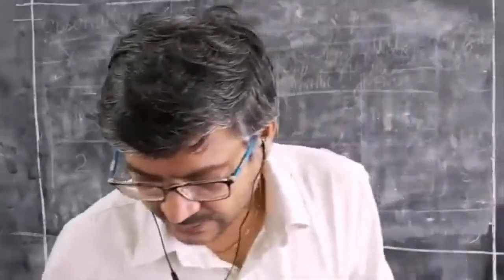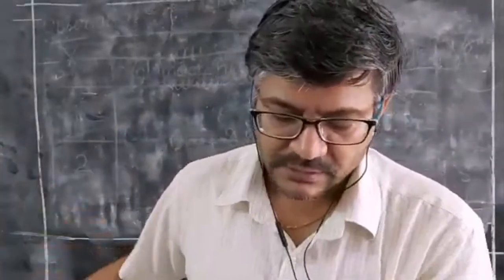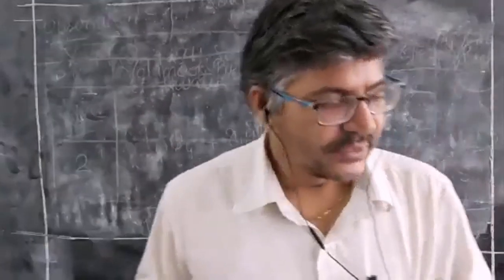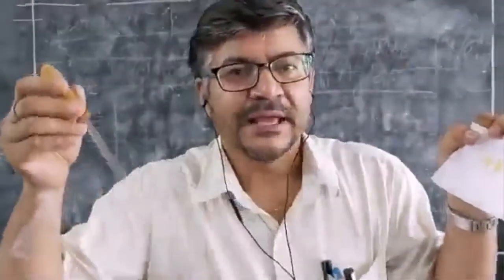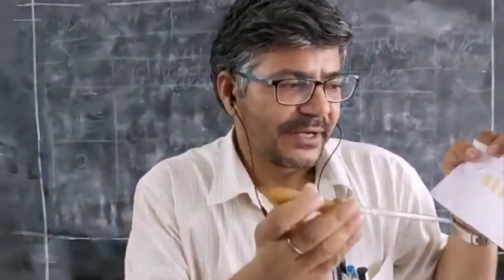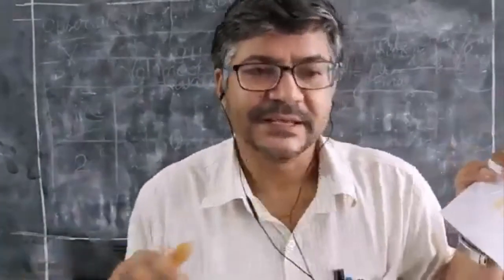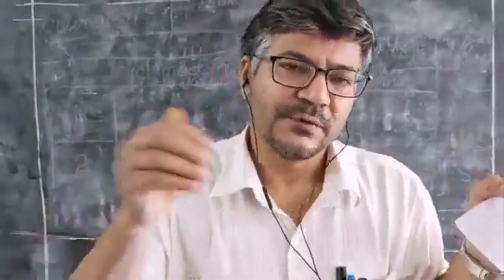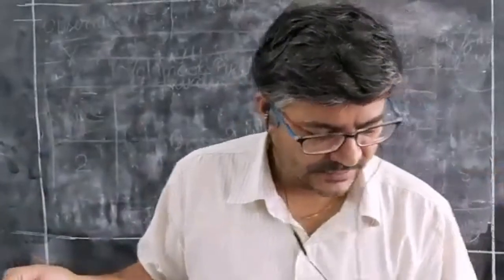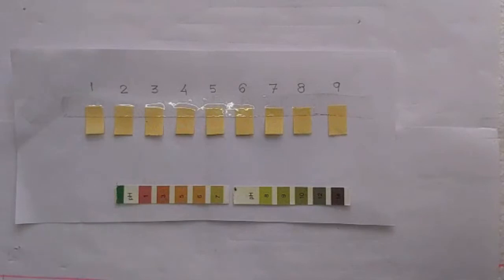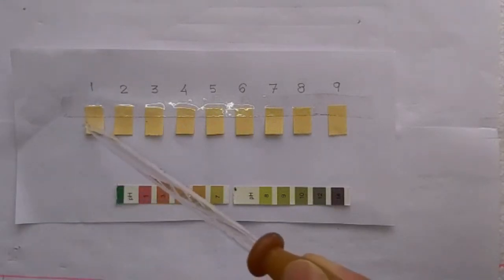I'll be putting these chemicals over these slips one by one. Number 1 on the number 1, and then after completing all 9 we will be checking the variation in color. From that we will be comparing the pH value, and let's see what is the proper reading. So let's see, this is number 1,